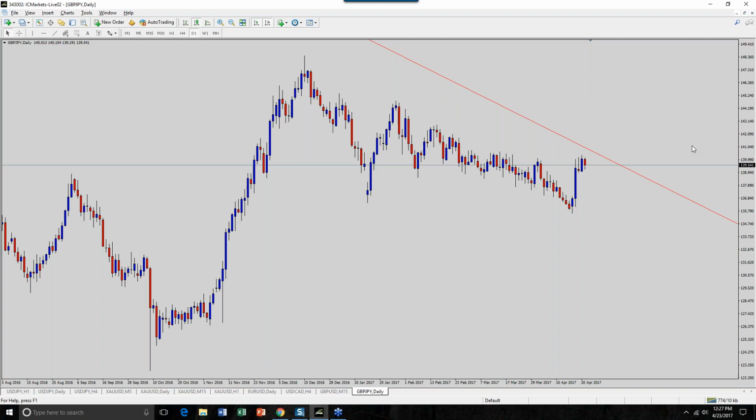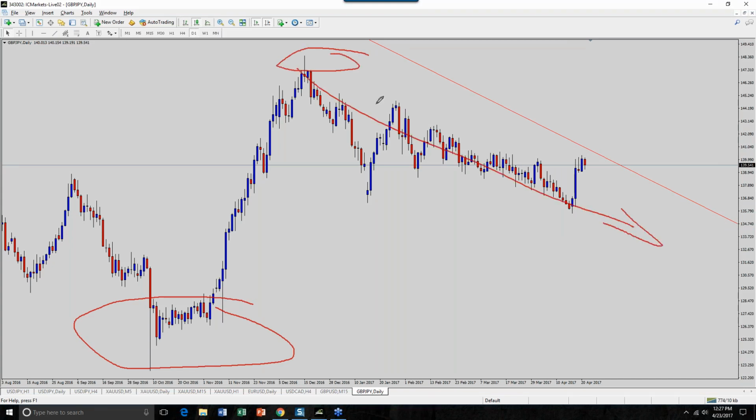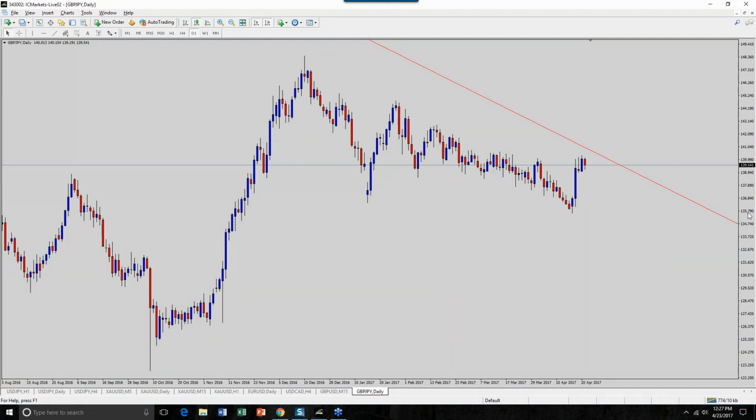I'm assuming at this point over here that this is probably our biggest price range. This is our top level. So we still have that downward trend. So now what I'm looking to say is, okay, in terms of what I'm doing with the pound Japanese yen, I'll map out what I consider